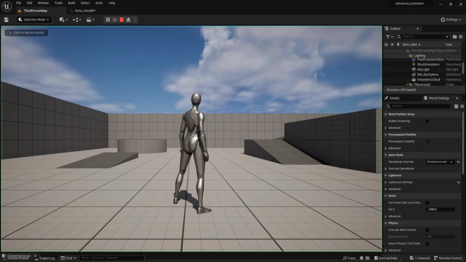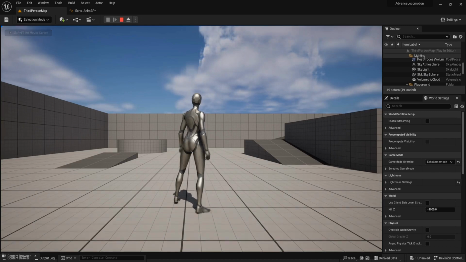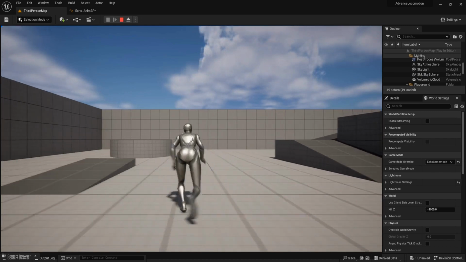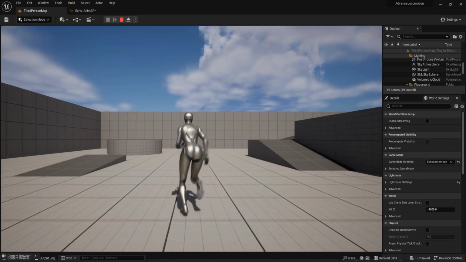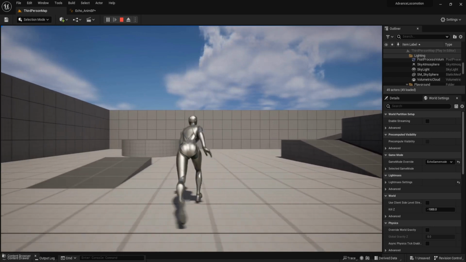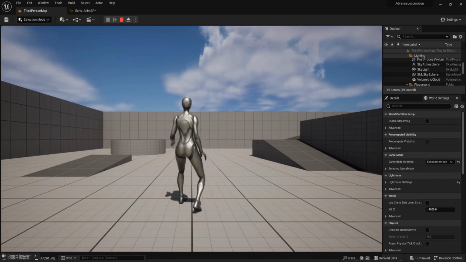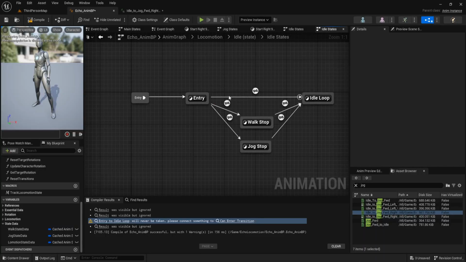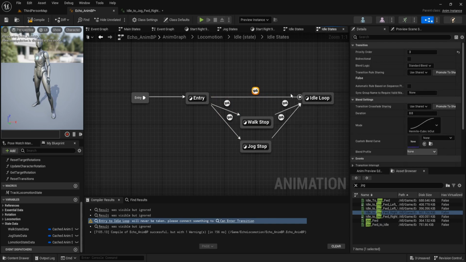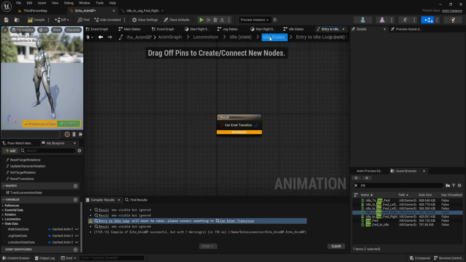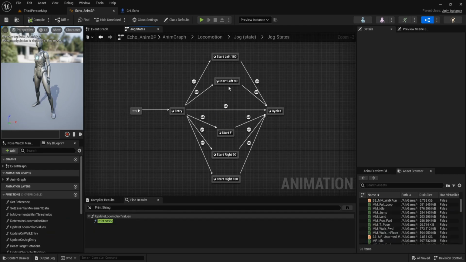We can play test by pressing shift and then pressing W. We have some problem on this transition from entry to idle loop. I forgot to set it to true. Sorry for the mistake.